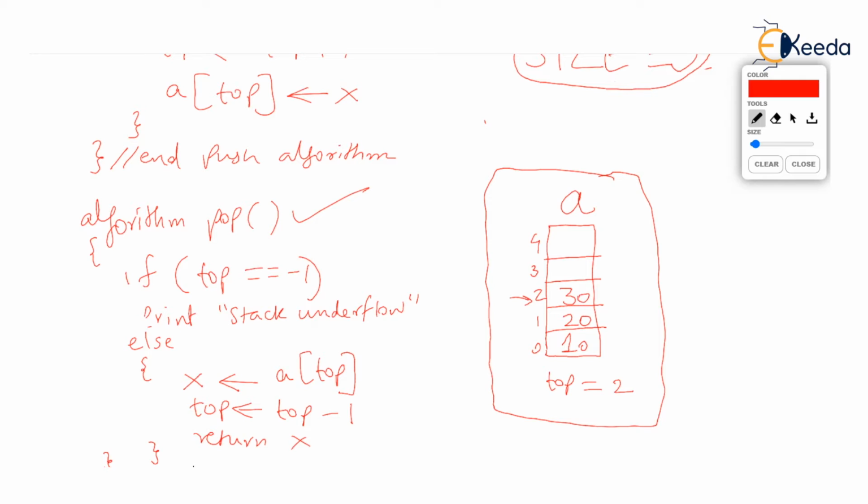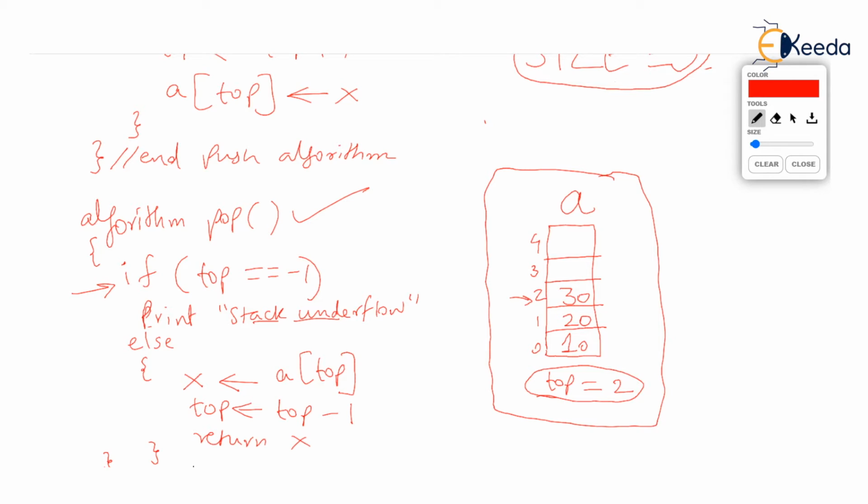First of all, we check for underflow. We ask, is top -1? Tell me, if top is -1, it means the stack is empty, isn't it? Even the 0th element is not filled if top is -1. Then we say there is nothing to take out from the stack, and we will print that the stack is underflown. And we will not go to else and will not continue taking out an element. But right now you see that top is 2. Observe the value of top. Top is 2, so top isn't -1. The stack is not underflown. So we land in else.